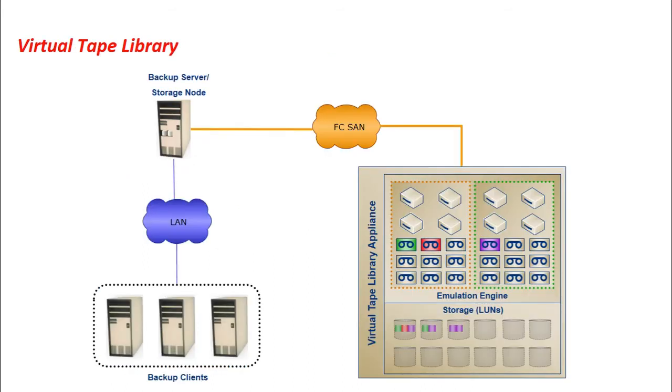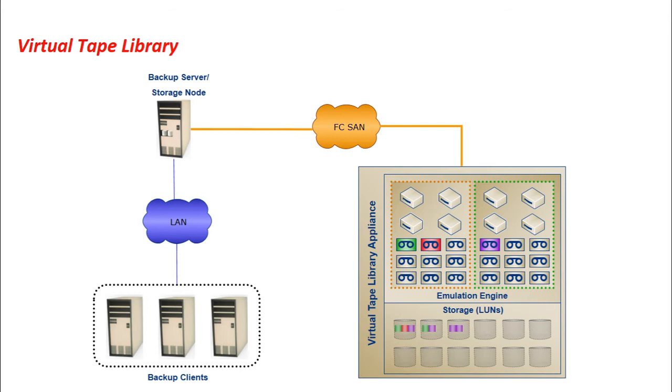Now let us consider the next option, that is backup to virtual tapes. Virtual tapes are disk drives emulated and presented as tapes to the backup software. So in virtual tapes, we are basically using backup disk drives which are emulated and presented as tapes to the backup software. The key benefit of using a virtual tape is that it does not require any additional module configurations or changes in the legacy backup software. Some backup softwares were meant to be used along with the tapes. So for such softwares, we can emulate the disk drives as tapes and present it to the backup software. This preserves the investment made in the backup software.